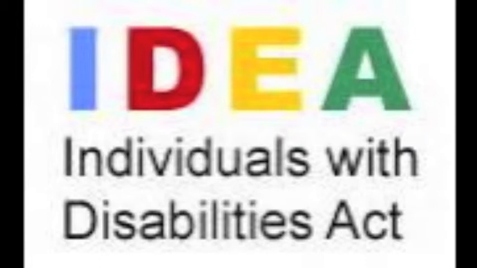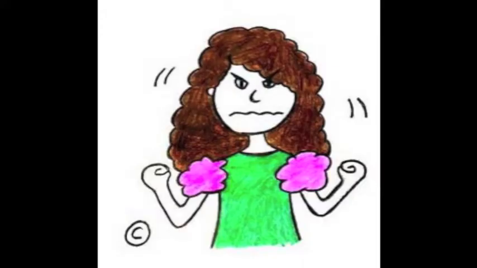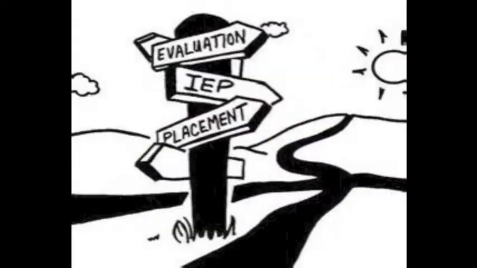To what extent is it permissible under IDEA for school districts to consider the impact of a regular classroom placement on those students who do not have a disability? IDEA regulation states that in determining the least restrictive environment, consideration is given to any potential harmful effect on the student or on the quality of services that the student needs. If a student with a disability has behavioral problems that are so disruptive in a regular classroom that the education of other students is significantly impaired, the needs of the student cannot be met in that environment.